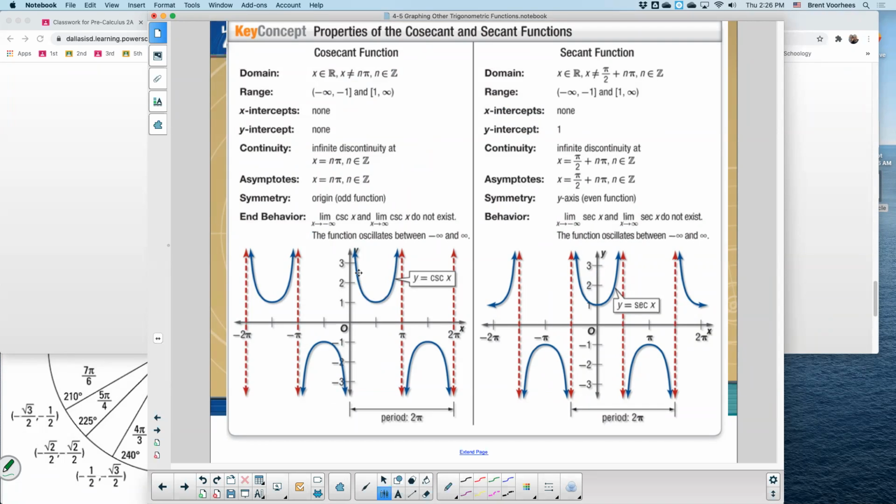Here's what's different with secant and cosecant. Their period is 2 pi. So you notice down here, the period is 2 pi. But check this out, this is very helpful. When you look at this image here, and I know it's a little blurry, I'm sorry about that, though the period is 2 pi, halfway across the period,